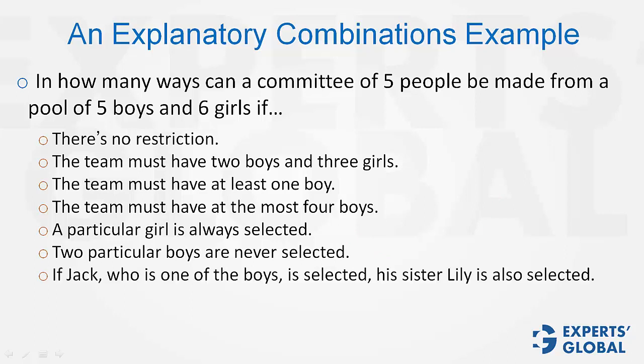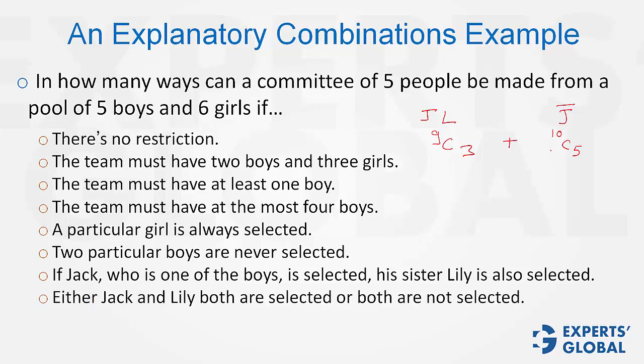Look at this one. There will be 2 cases. One is that Jack is selected and Lily is also selected, and the other case would be when Jack is not selected. Remember, in such cases Lily can still be selected. In this case 2 people have already been selected, so it's about out of the other 9 people 3 being selected, or in this case when Jack has not been selected, then out of the other 10 people any 5 can be selected including Lily. The answer would be 9C3 plus 10C5.